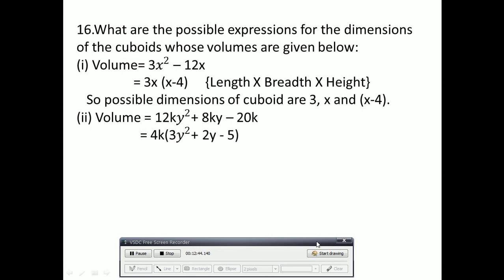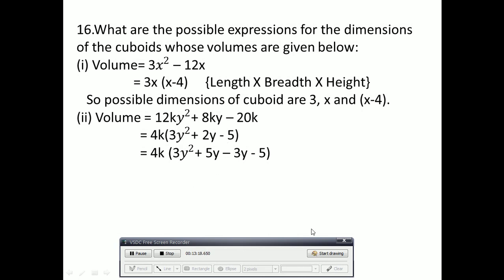Again we will find the factors of this expression by applying the splitting the middle term method. So 5 threes are 15. So we have to find two factors whose product should be 15 but whose difference should be 2. So I think 5 threes are 15 and 5 minus 3 is 2. So this 2y can be written as 5y minus 3y, because 5 minus 3 is 2 and 5 threes are 15. The product should be 15.